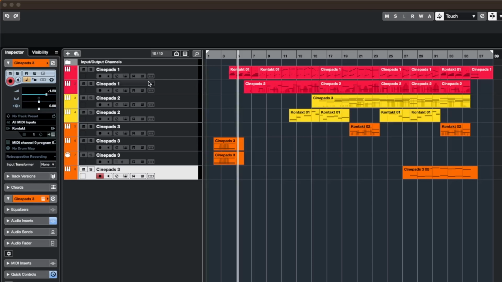So that's how it sounds in context of a track, and in that track we used all three volumes of